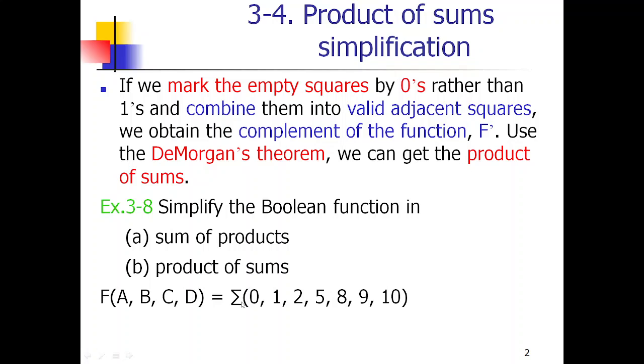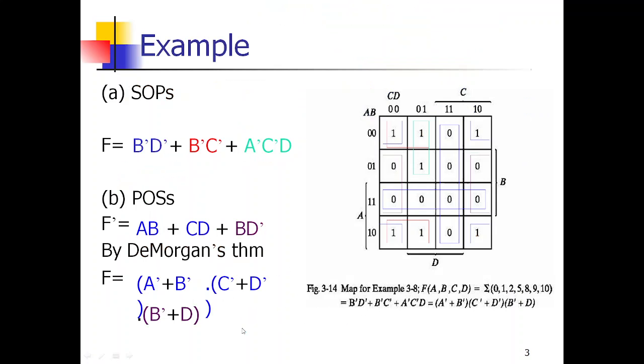Okay, if it is summation, we have to consider the minterms which are not present in the function. If it is directly given as product of max terms form, the problem is given as pi, and we have to consider the minterms which are given in the boolean function. For the minterms given in the boolean function, we have to plot zeros, and we have to write the answer as f dash, and take the complement on both sides, and we can obtain the product of sums.